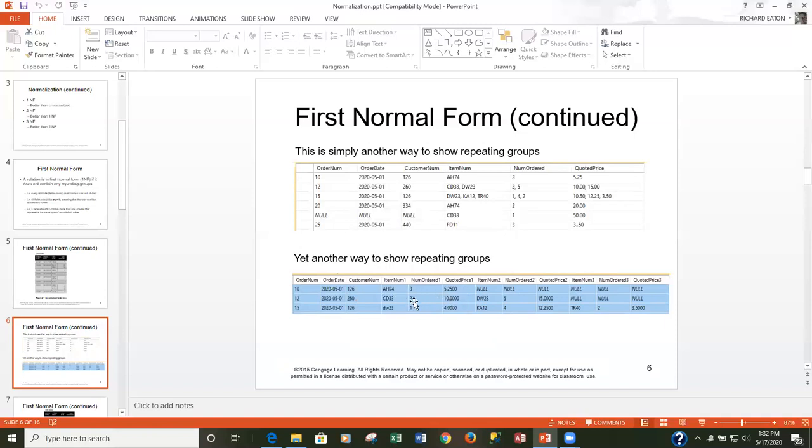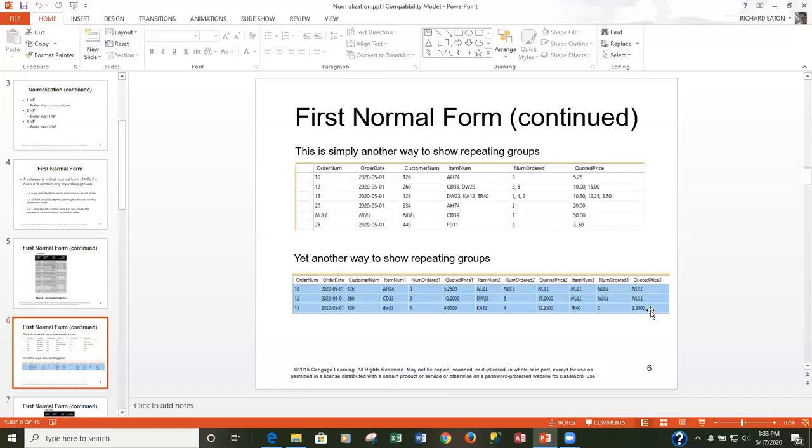In this case, this 3 could be defined as a numeric value and it's a single value. There's a single value here in this particular column. And same was true with the quoted price. It's a valid number and it's a single value here. So then we move on to the second thing they have ordered, a DW23, and we have a valid number here for number ordered 2 and a valid number here for quoted price 2. And then the last line has 3 items on it. So really, that's just another way of representing